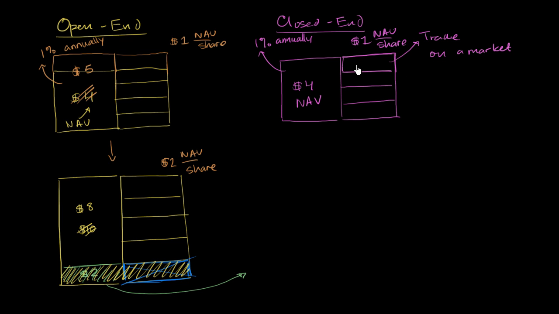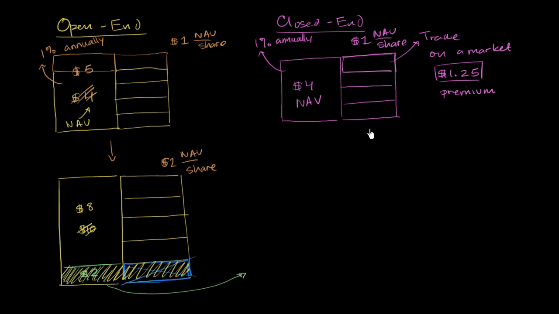Maybe that person's so desperate, they're like, I want to pay $1.25 for a share like that. So it might trade at, let's say, $1.25 because there's so much demand to get into this fund. And so you can have a market price per share that diverges from the NAV per share. And in this case, when the market price is above the NAV per share, we would say that it is trading at a